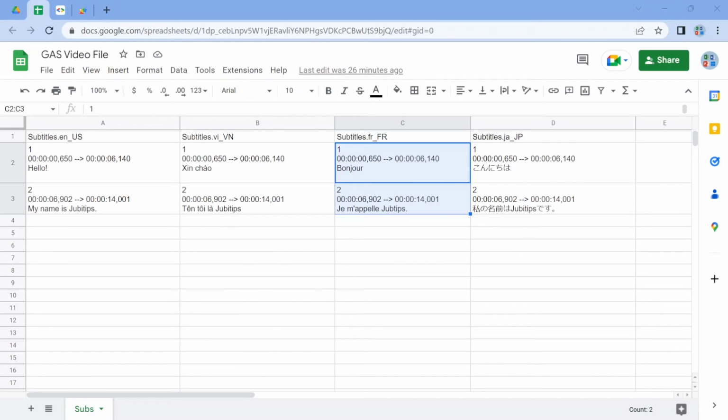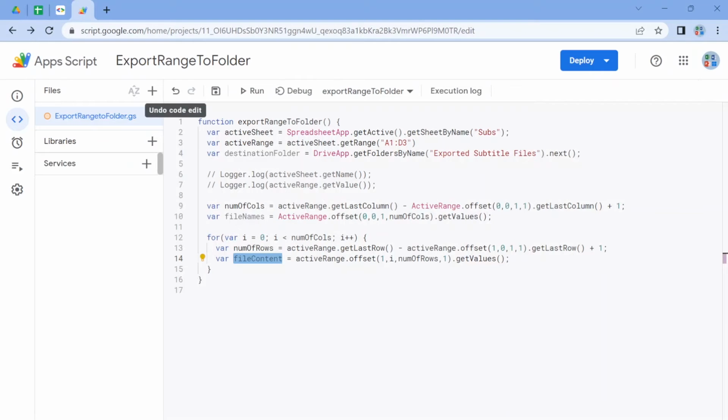Okay, now the next thing is, once I get these data, I will need to append them together to make a text file. Okay, there's a special statement for this, and don't ask me how I got it. Google basically, and then just understanding how it works, and then just applying it to my method. So we're gonna declare a new variable called text, and it's gonna be file content.map function something something. You can just go ahead and copy this right on the screen, and basically what this one does is that